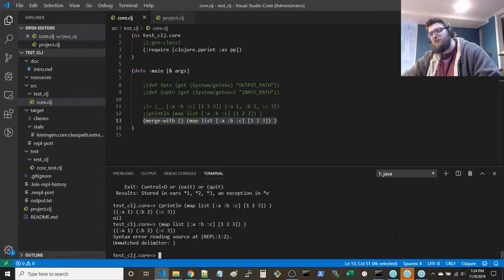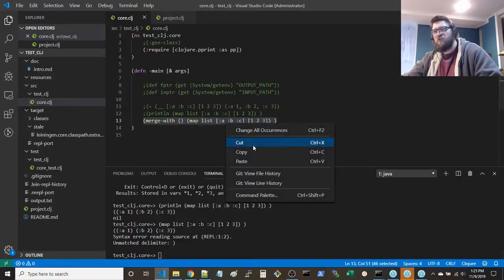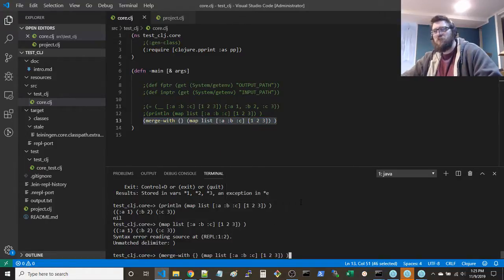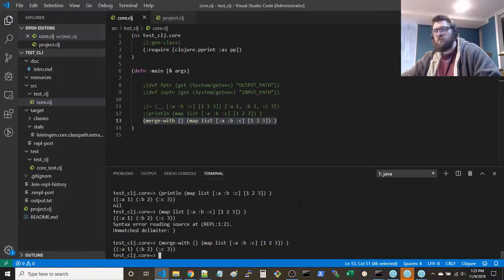Syntax error reading its source. Okay, that's interesting. Instead of list, you can try map. I wonder what that does.